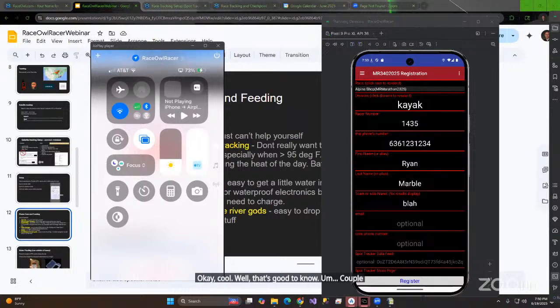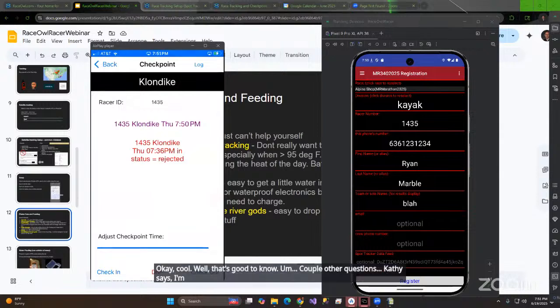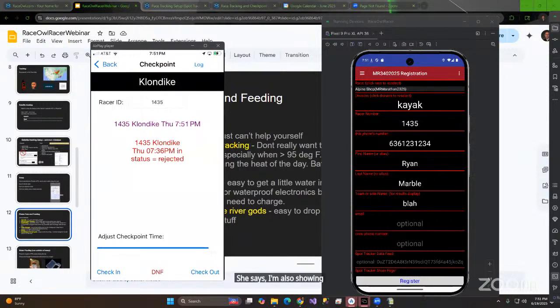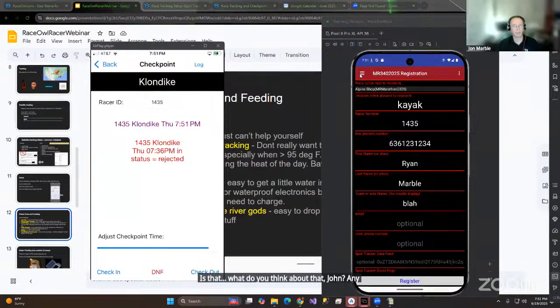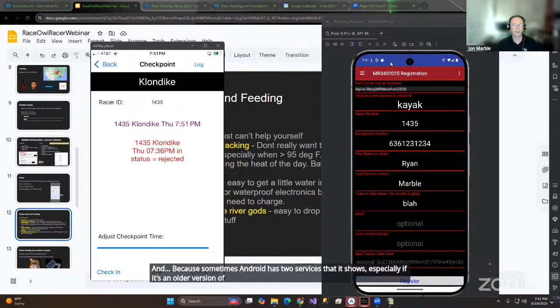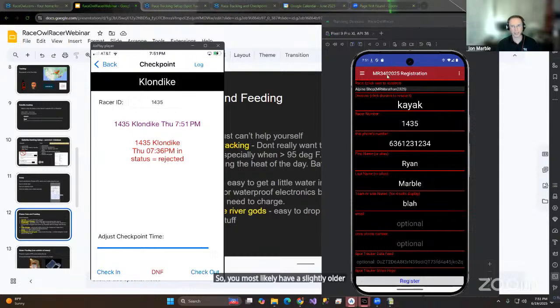A couple other questions. Kathy says, I'm getting an unable to register at this time notification. She says, I'm also showing two icons. I'm not exactly sure what she means by that. John, any suggestions? That sounds like an Android, because sometimes Android has two services that it shows, especially if it's an older version of Android. So you most likely have a slightly older Android, and it's showing your app. And when you register,